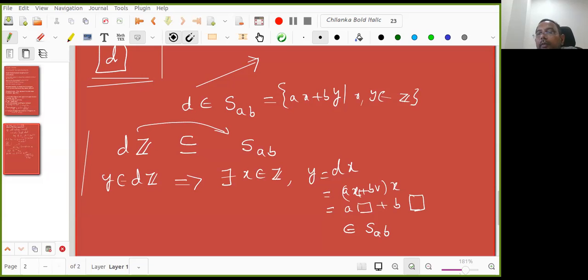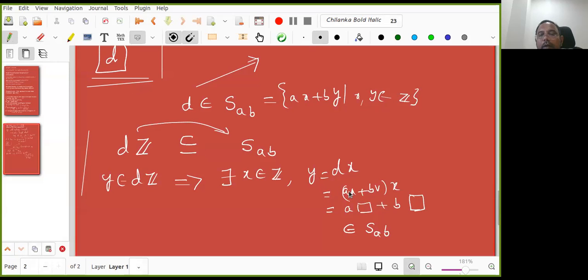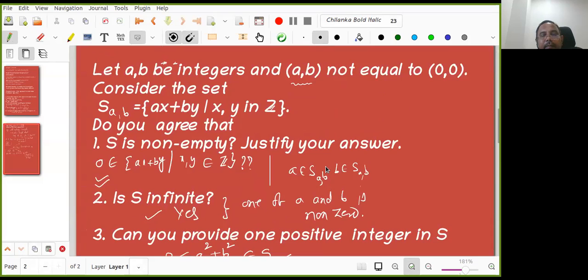Okay, Sankriti, can you prove it once for me? Is it okay for you? Yes, sir, it's very clear. I am able to understand. I just wanted to know how come you got d is equal to au plus bv. I got that basically it's in the form of ax plus by because d belongs in SAB. But I just want to know why did you choose u and v and not x and y. Okay. So x and y are varying, right?